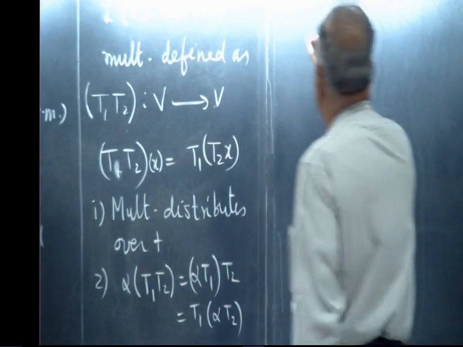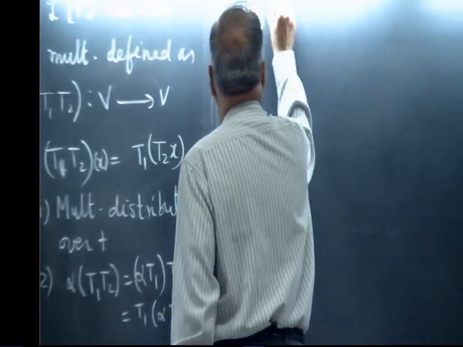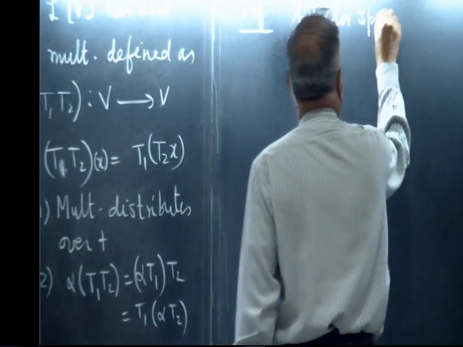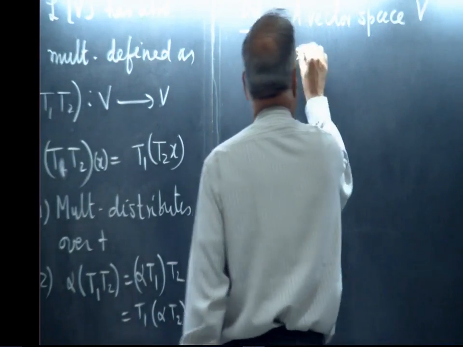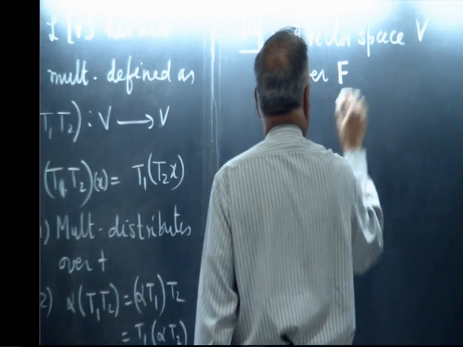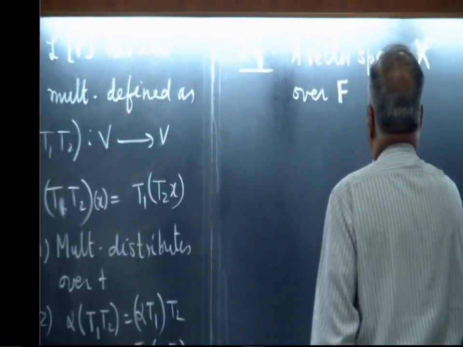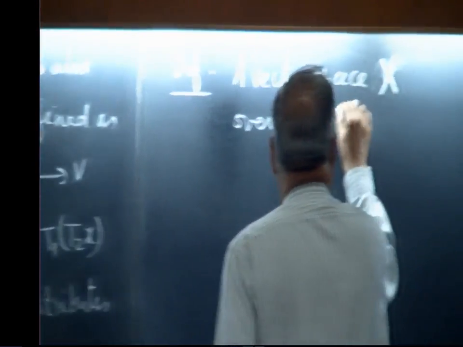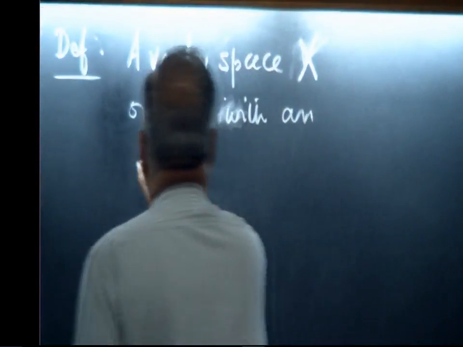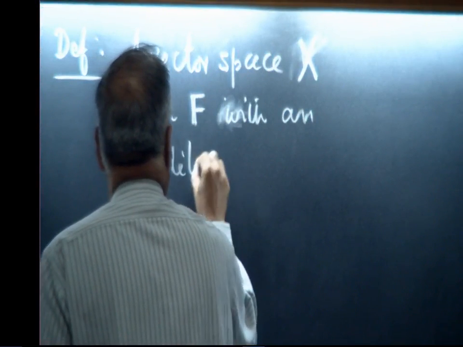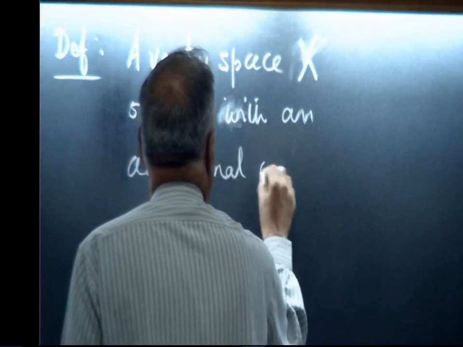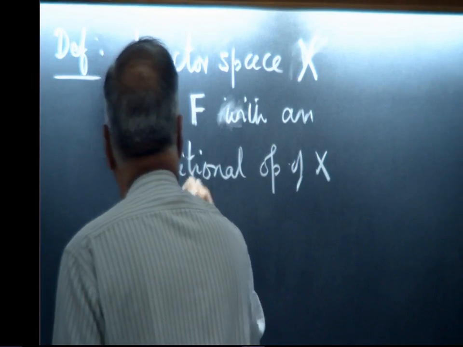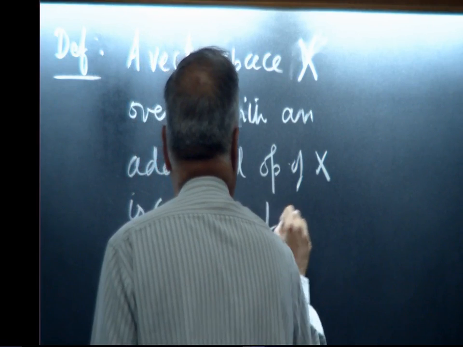So a vector space V over a field F, let me call it X, with an additional operation of multiplication is called a linear algebra